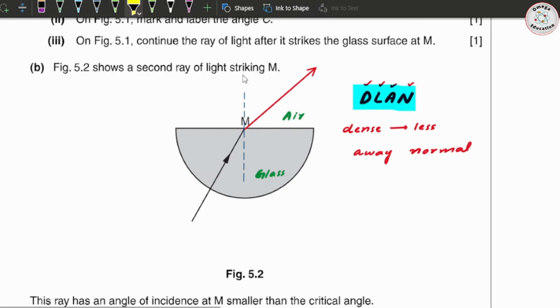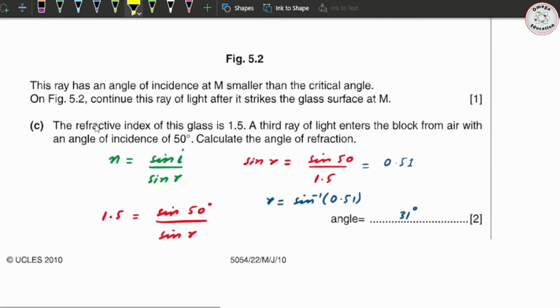And then we have the next part, part C. The refractive index of the glass is 1.5. A third ray of light enters the block from air with angle of incidence 50 degrees. Calculate the angle of refraction. For this one, we have a formula: n equals sine i over sine r. The refractive index is given as 1.5, and the angle of incidence is given as 50 degrees,